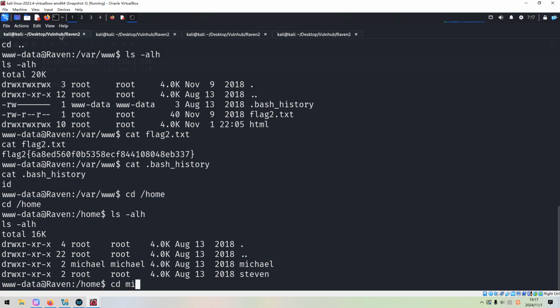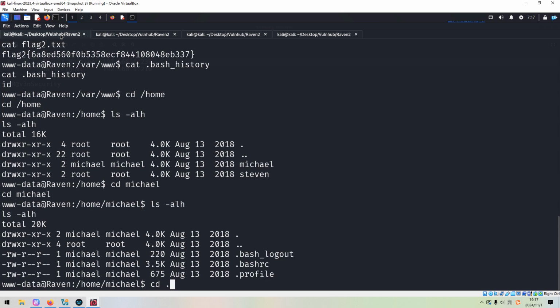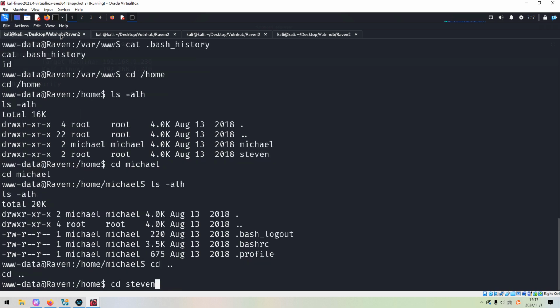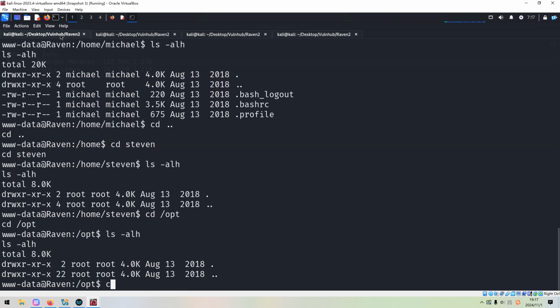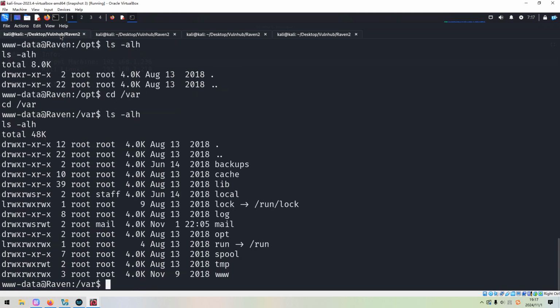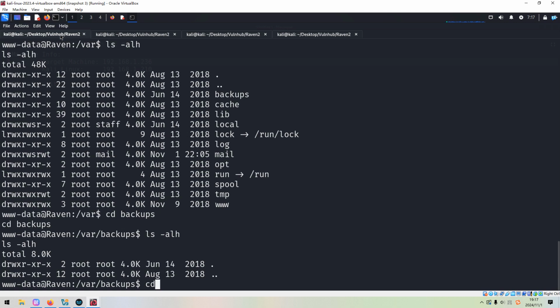Go to Michelle. Nothing there. Go to Steven. Nothing there. Go to the opt directory. Nothing there. And go to the backups directory. Nothing there.